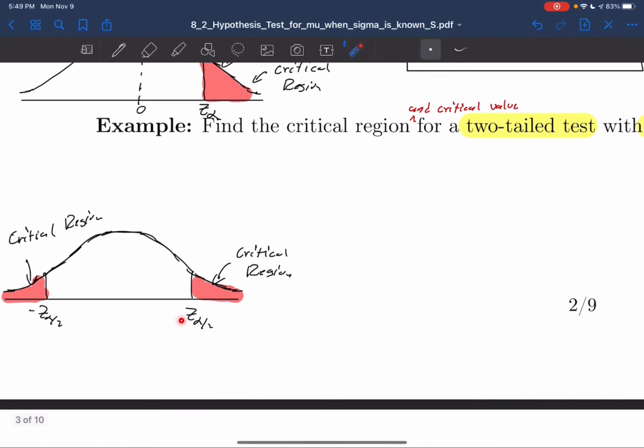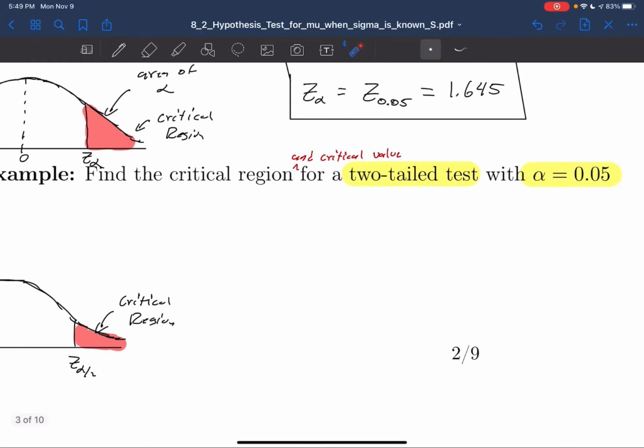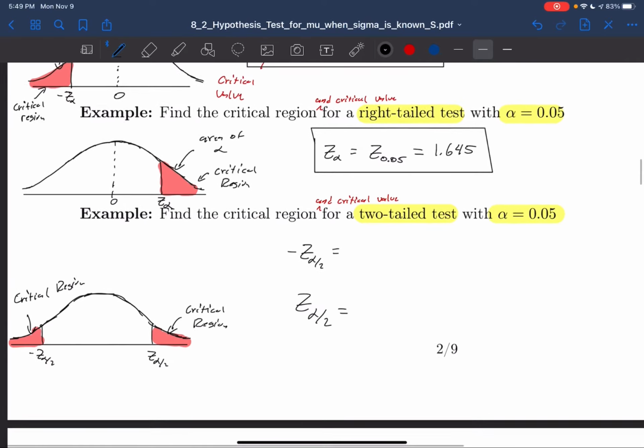So how do we find these values? How do we find negative z of alpha over 2 and positive z of alpha over 2? So that's what we're trying to find. Negative z of alpha over 2 and positive z of alpha over 2. Where are these going to be? Well,